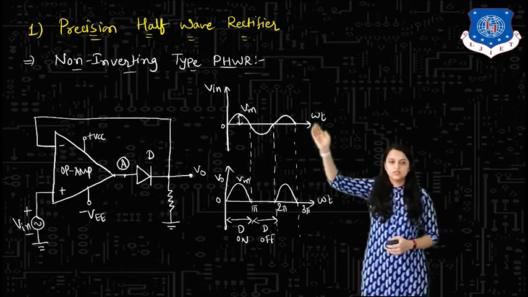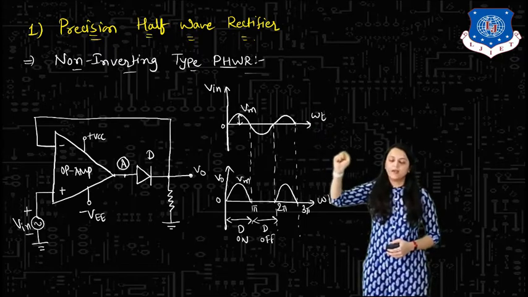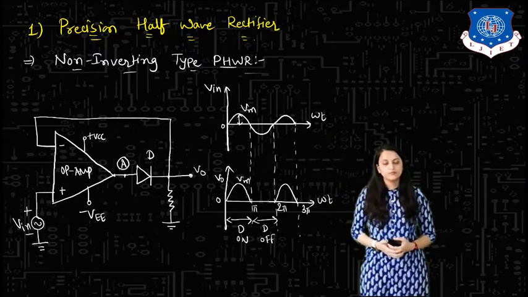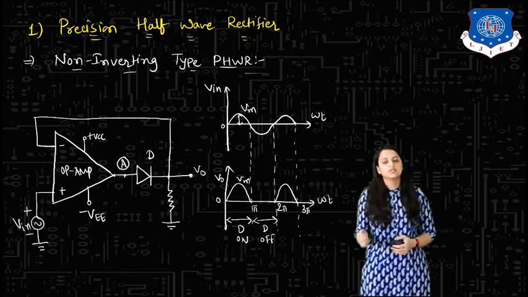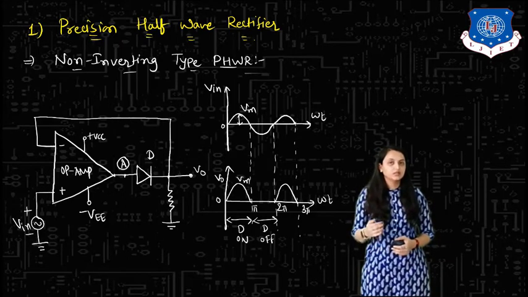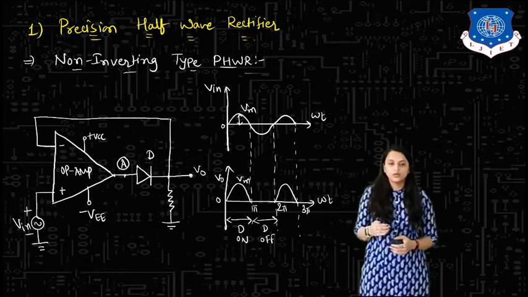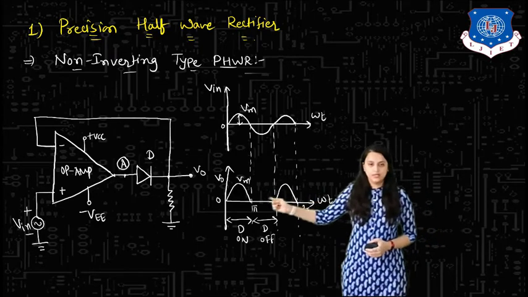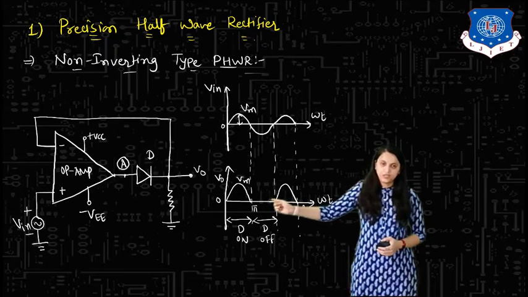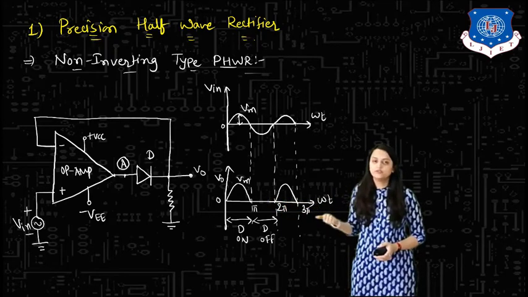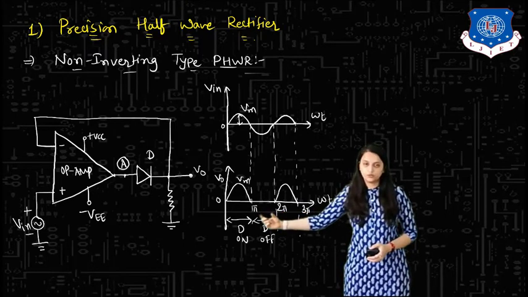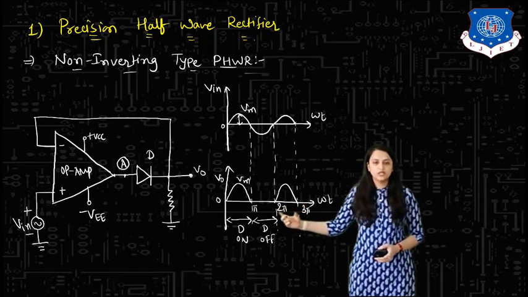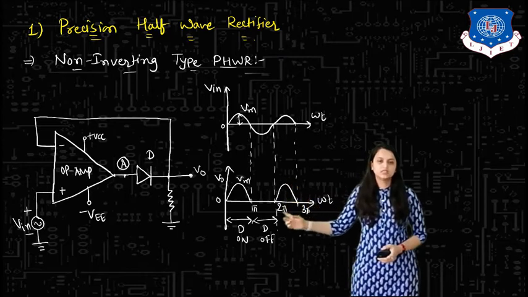Look at the waveforms in this. Here Vin is indicated having the maximum voltage value Vm. Now when the diode is on, that means whenever the input voltage is high enough to make the diode forward biased, the output waveform will be like this, which is Vm. Whenever it is off, that means the circuit is open, we will have no output, that is 0 output in the region pi to 2 pi. So in this region output is 0. Again whenever the diode is on in the region 2 pi to 3 pi, it will follow the input signal, that is the signal like this.